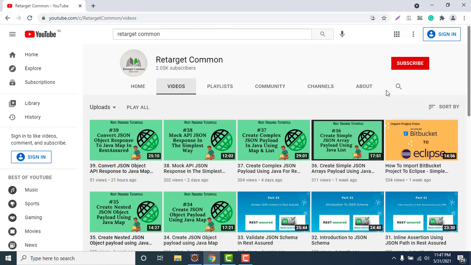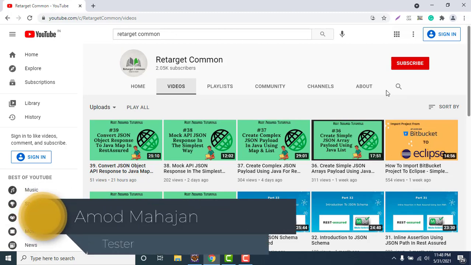of SSO. So in the last video we already learned about the response: if we get a JSON object as a response, how can we convert that response to a map, and using that map we can extract any value from it, right? That we have covered in the last session. Now suppose we get the response as a JSON array, then how can we convert that to a list? So now we are doing the reverse concept.